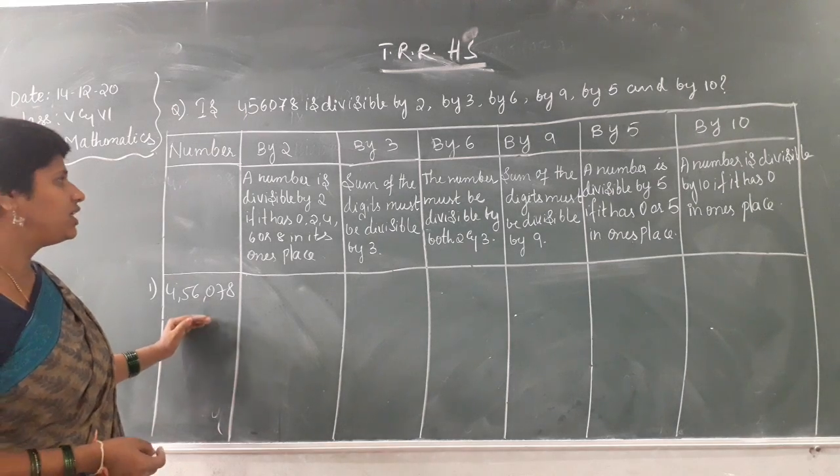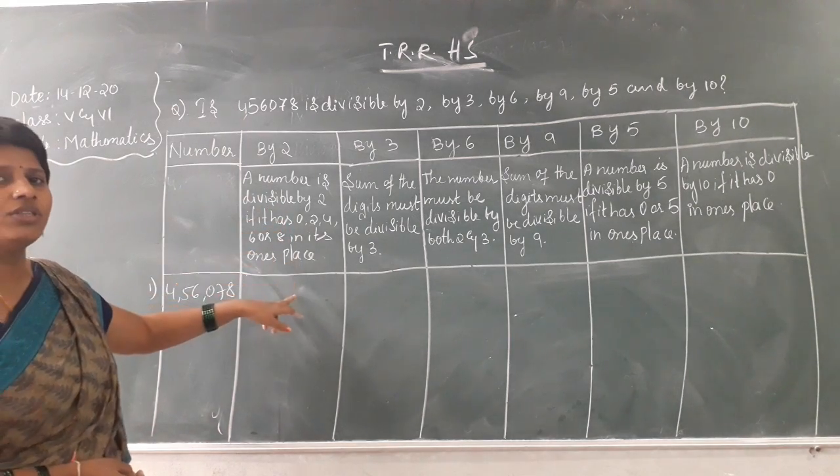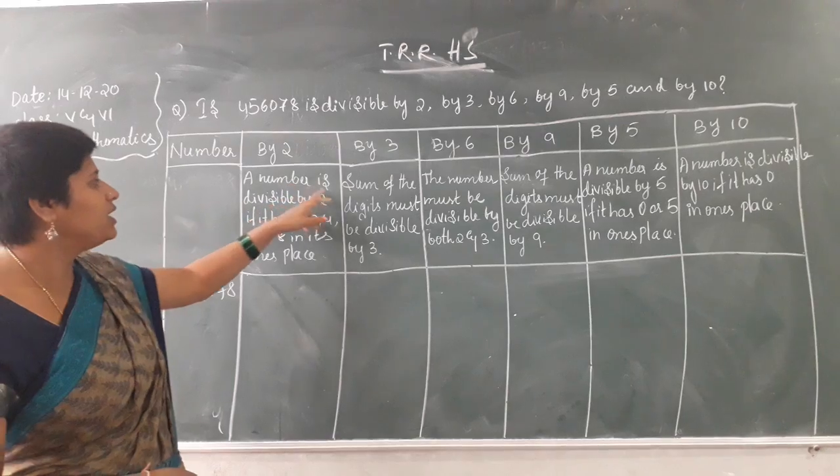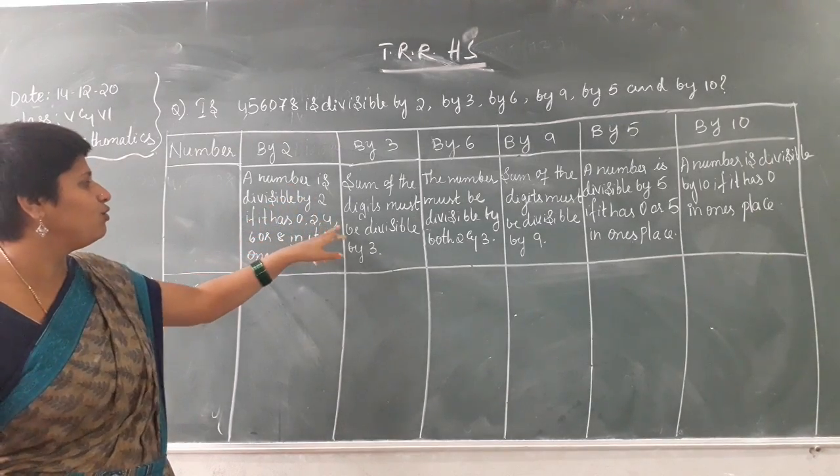Now I want to check whether it is divisible by 2. Now once you read out the rule, what is the rule? A number is divisible by 2 if it has 0, 2, 4, 6 or 8